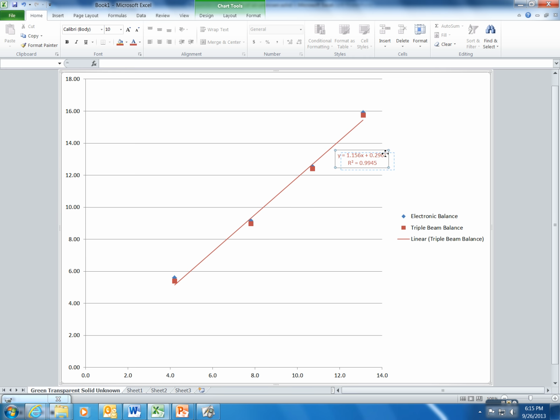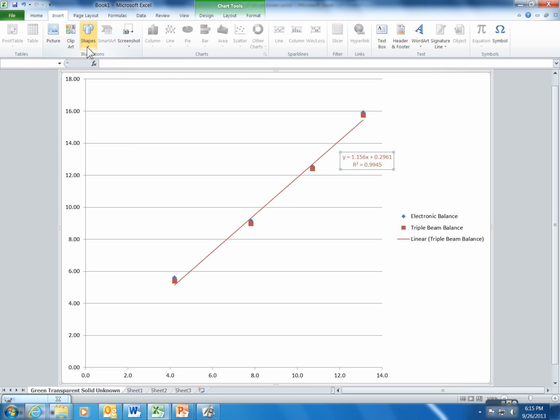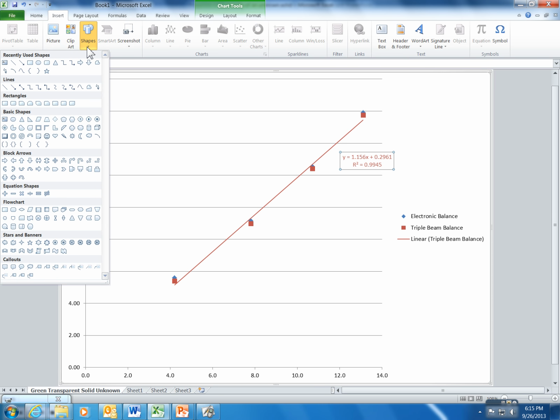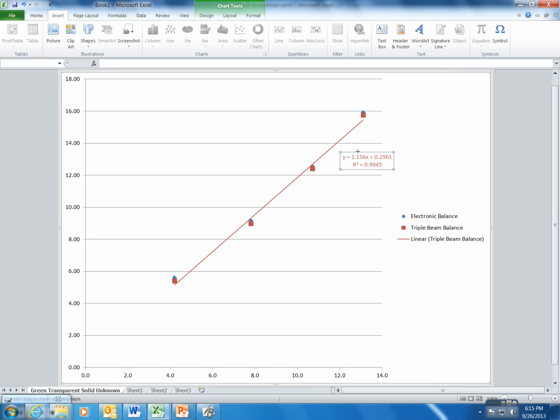Now something else that you might want to do is insert an arrow to actually point from that equation to the trend line, because chances are we're going to be printing on black and white printers, not colored printers, and so we need to be able to distinguish, because blue and pink aren't going to look that different on the black and white printer. So I'm going to pick an arrow from my insert shapes. I'm going to pick this arrow, and I'm going to draw an arrow from here up to my trend line,